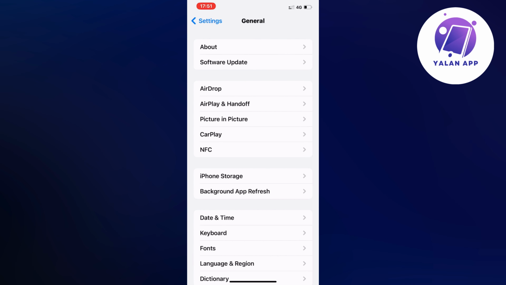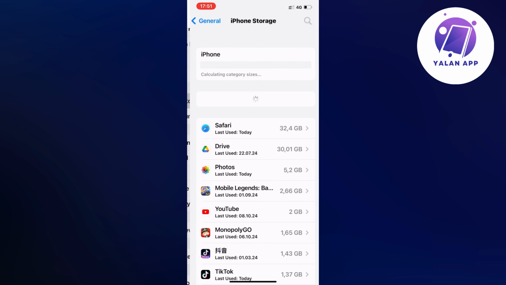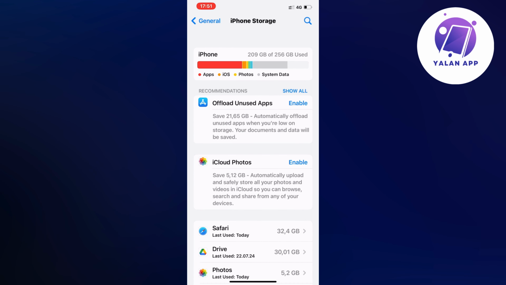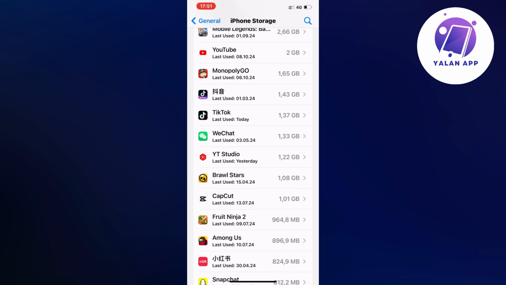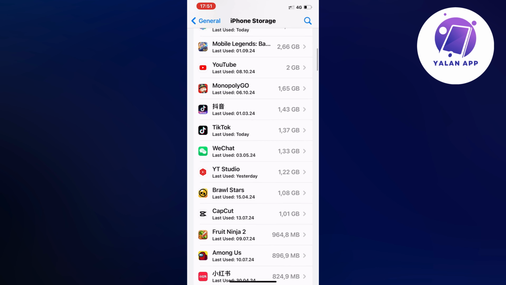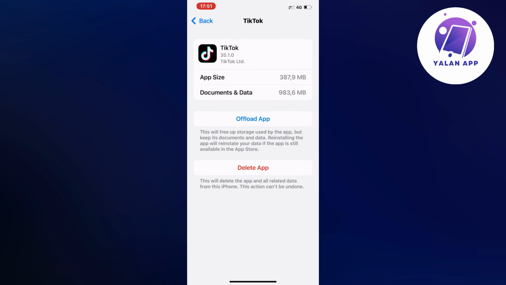Now scroll down in here and then you're going to click where it says storage. So click on storage and you should now be taken to this page. And by the way, just so you know, this might take a couple of seconds to load. Just so that you're aware of that, scroll down and select TikTok. It should be all the way up quite often for us because it takes a lot of memory on our phone. So just click on TikTok, and then by the way, this will not log you out,